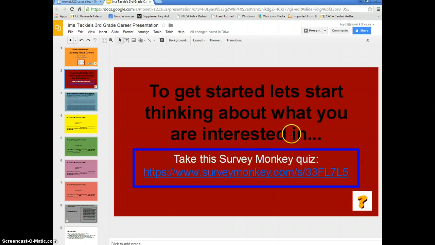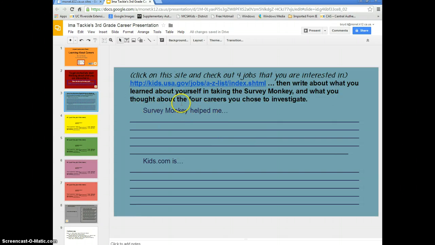Now page 2, this is your second part in which you'll click over here and it'll tell you how to do the SurveyMonkey as well as how to do the research that you're going to need for the rest of the project. Third page, this is where the SurveyMonkey, what you're going to do is you're going to answer